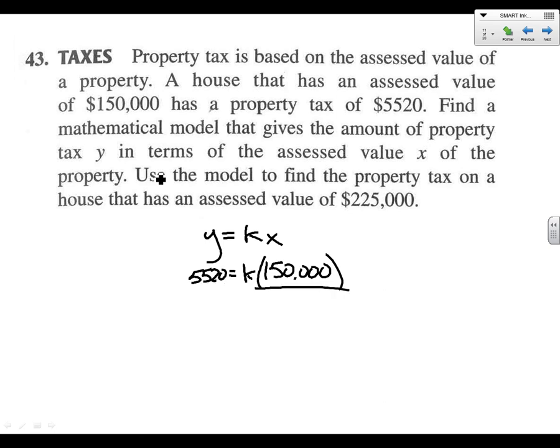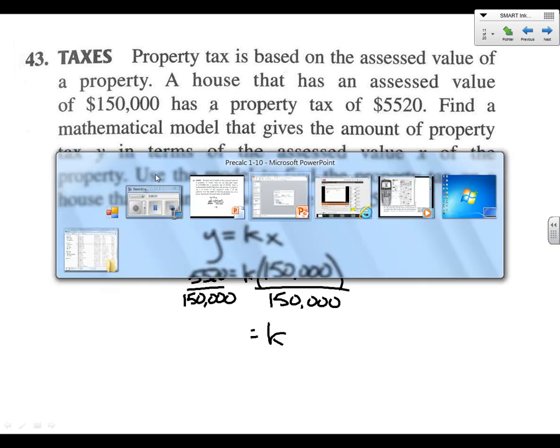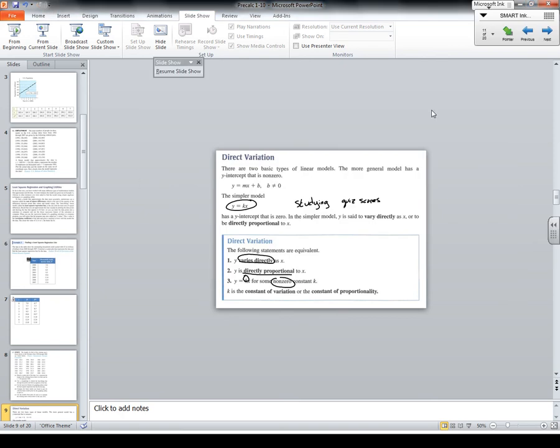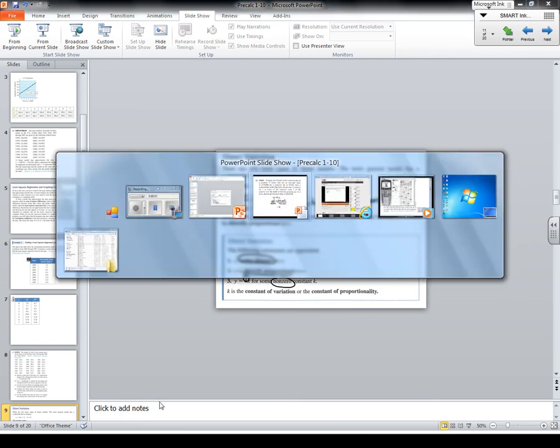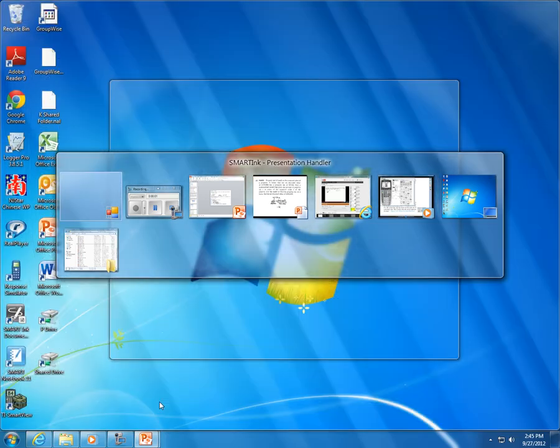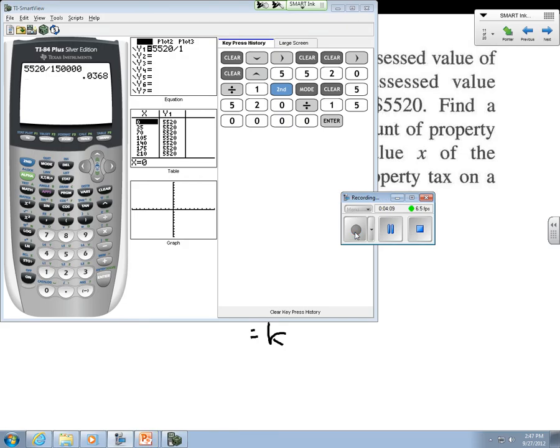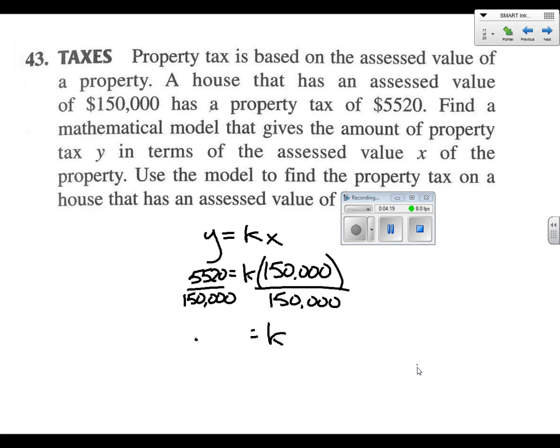and so we're going to divide. And so k equals, let me find my calculator, and so 5520 over 150,000 is 0.0368. And so we're going to plug it back in for our y equals 0.0368